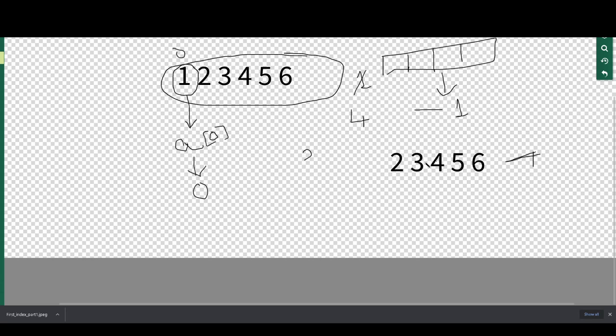If it is not compared to 2, it will cross out and it will try to find the element from this side. Since 3 is not equal to 4, then it will cross out, and finally it finds the 4th element.